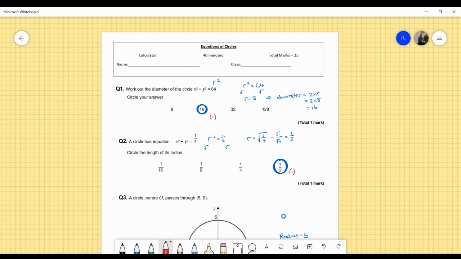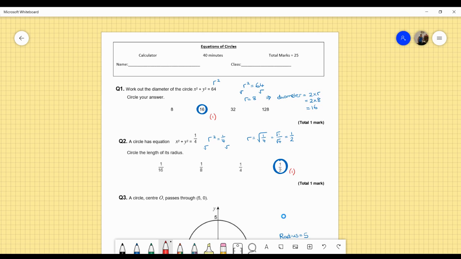Okay then, so question 1, we want to work out the diameter of the circle x squared plus y squared equals 64. Well, we know the general formula is x squared plus y squared equals r squared. So in this case, r squared is 64, square root both sides, and we've worked out the radius is 8. Remember, the radius is from the centre to the circumference of the circle, but we're asked to calculate the diameter, which is from one side of the circumference to the other side, going through the centre, and therefore double the radius, and we get 16 for 1 mark,